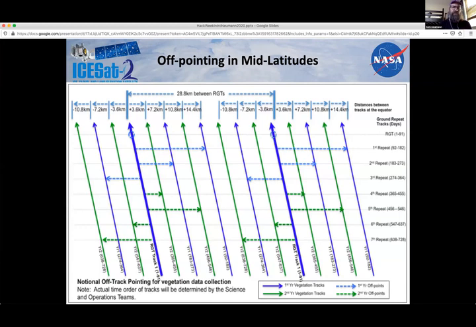And so we do this series of off points in the mid-latitudes, where every 91 days, instead of pointing exactly where we did the first time, we point a little bit off to the left or a little bit off to the right. And you get a pattern like you see here. The heavy blue lines are where we would point on, say, the first pass on this particular reference ground track. The second time passing over that area 91 days later, we aim to split the difference, if you will, between the